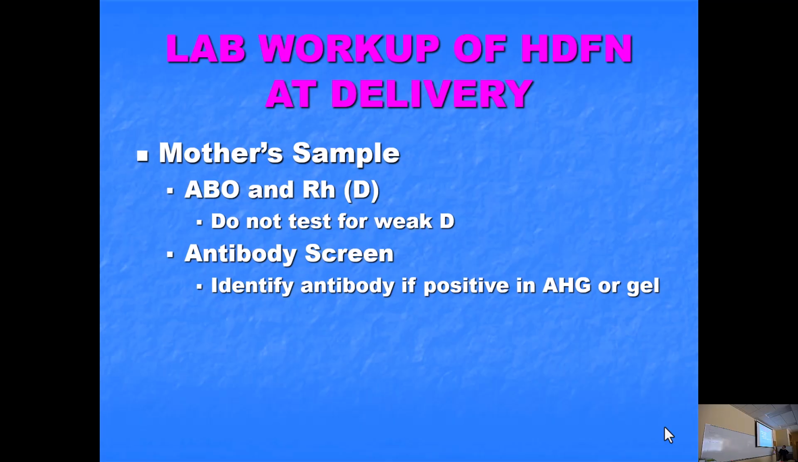So, at delivery, mother's sample, we're going to do an ABO and RH again. We are not testing mom for weak D. If mom's D looks negative, we're treating her as negative. If she looks negative and we do a weak D, and now we've found that she is weak D positive,